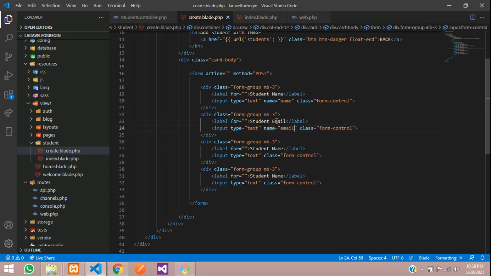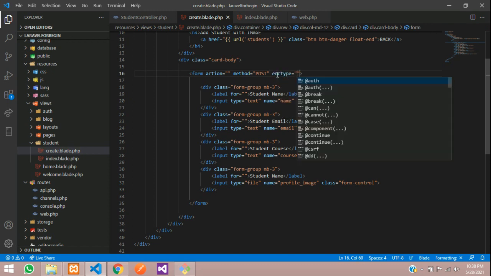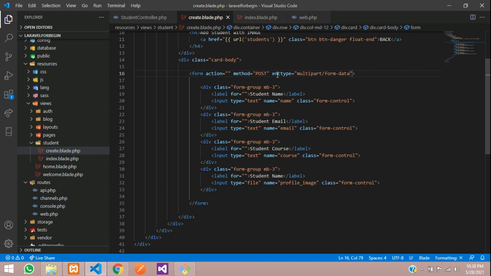Name is equal to email, and then course name is equal to course, and then final, which is that input type file, that name will be profile image. Okay, done. And now when you are passing this input type file, you need to pass one enctype is equal to multipart form data. If you don't send this, it's a waste of adding this input type file. Okay, so